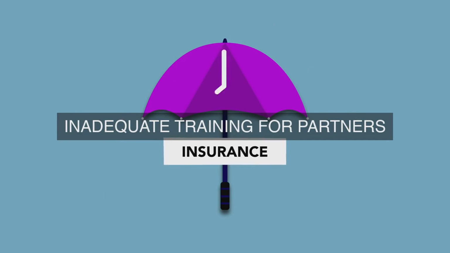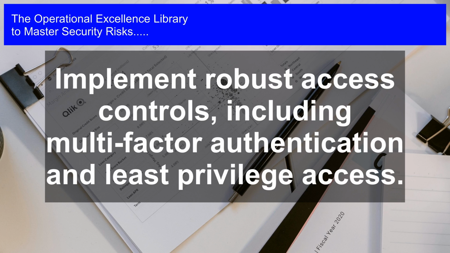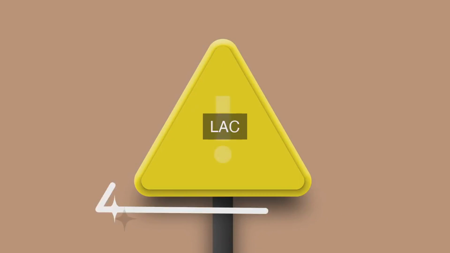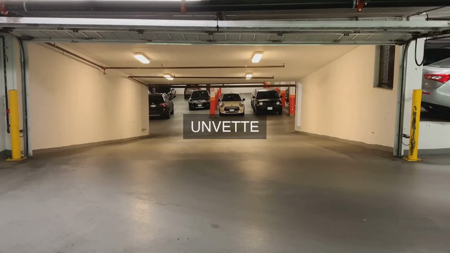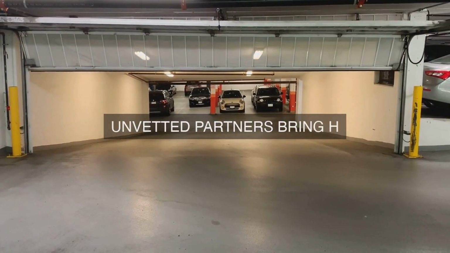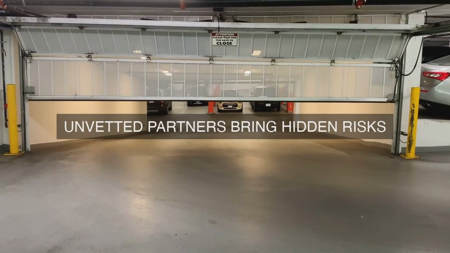Risk management strategies. 1. Risk assessment. Conduct regular risk assessments to identify and prioritize potential security risks in the supply chain and third-party relationships. 2. Vendor evaluation. Evaluate third-party vendors based on their security practices and protocols to ensure they meet the company's security standards. 3. Contractual requirements. Include security requirements in contracts with third-party vendors to ensure they understand and commit to meeting the company's security standards.